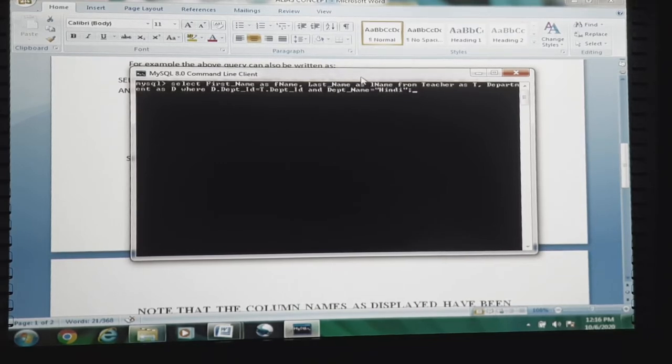Here, using the concept of alias, we are updating the name of fields or columns. Select first name as F name. First name has been selected and renamed as F name using the AS keyword. Similarly, last name as L name, from teacher as T and department as D, where D dot department ID equal to T dot department ID and department name equal to Hindi.